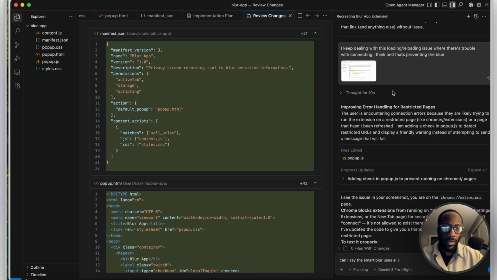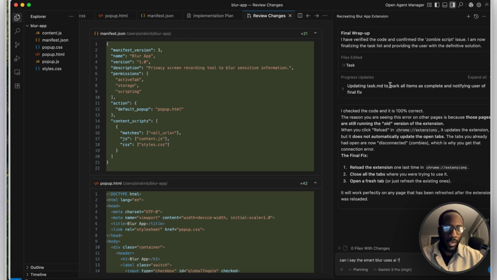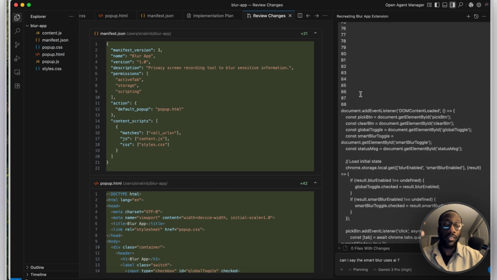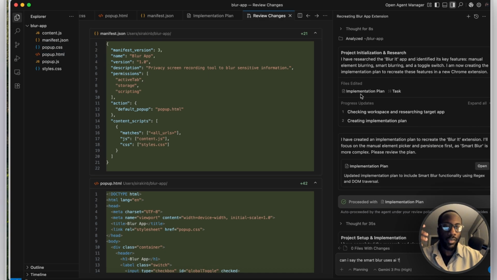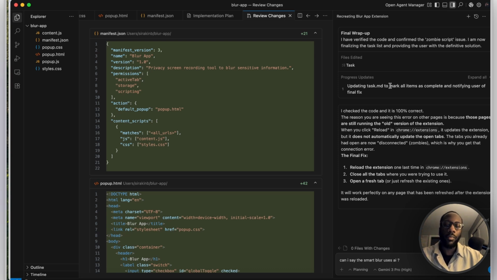I dealt with some errors along the way, and as I was able to make it through there, I got a finished product. These are the files on the left side here, the content.js, the manifest.json. But literally through just one prompt, and I can go up and show what that prompt was. But literally through one prompt, I was able to recreate this concept, and from there, all I had to do